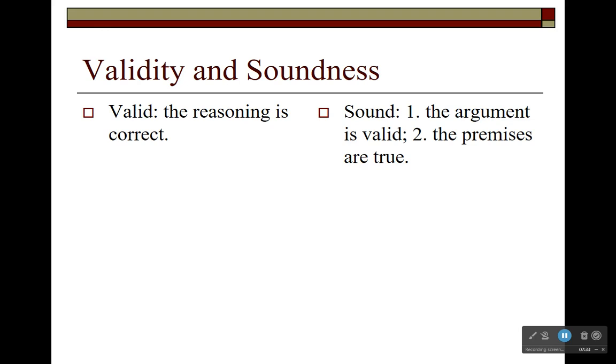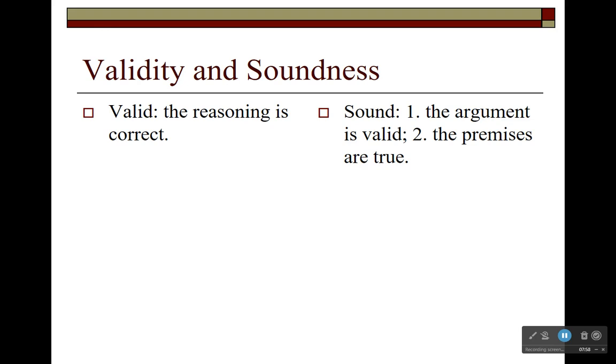So here's one way that I would make the point. Again, my point being that you can reason correctly on the basis of false information. That's why this issue is the reasoning. This issue is: is the reasoning in the argument correct? That's one issue. And on the other hand, are the statements in the argument true? That's a different issue. You can reason correctly on the basis of false information. So what would be an example?